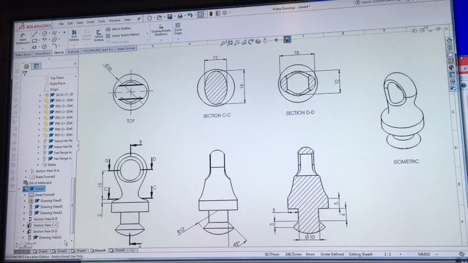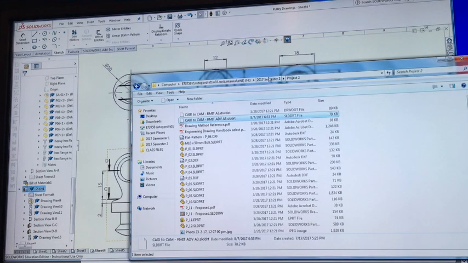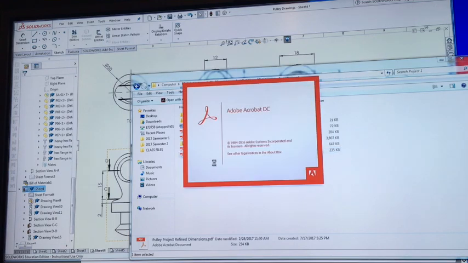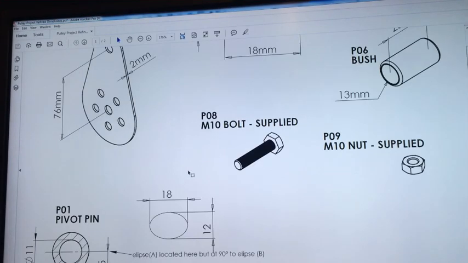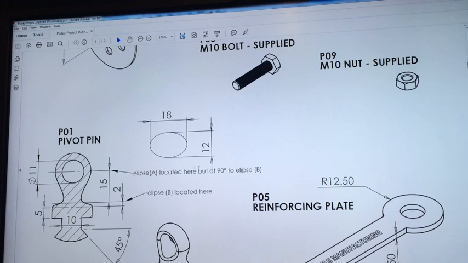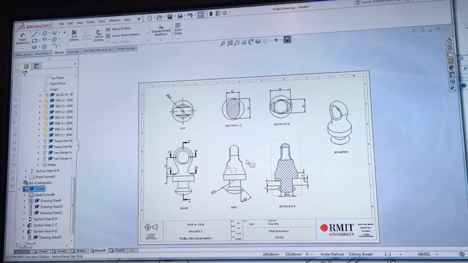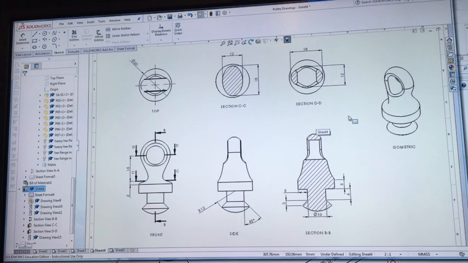The last thing we would do if we refer back to the original drawings, remember there were some notes here just communicating that information to us. Ellipse A located here but 90 degrees to ellipse B located here. This sort of annotation is what we would put on our page to help communicate that information in the drawings as well. So if we go to the section views, we could actually